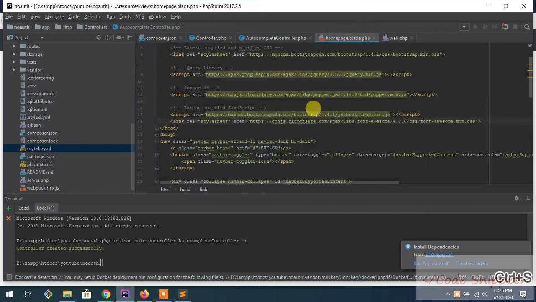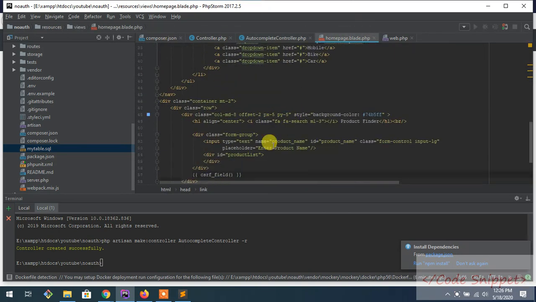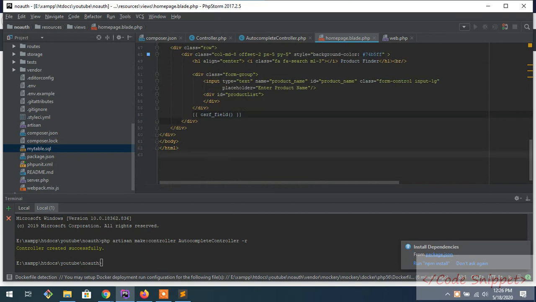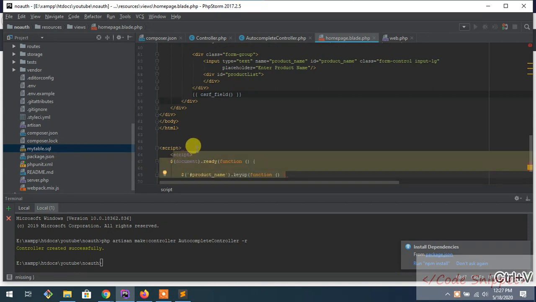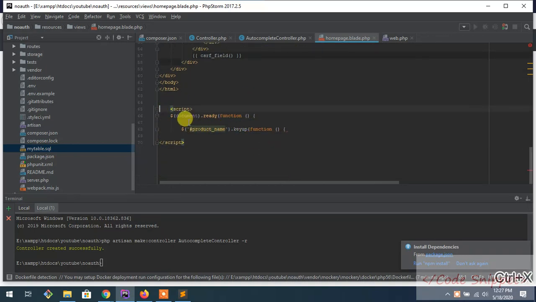Now go to your file and at the end of it, create a script tag. So what we need is jQuery, start jQuery here. So for that, whenever the document is ready, we need to fire